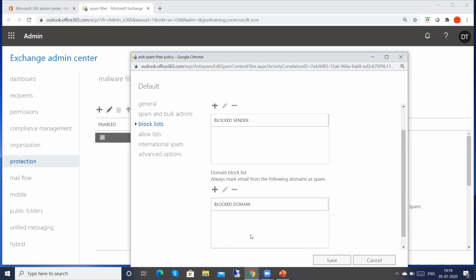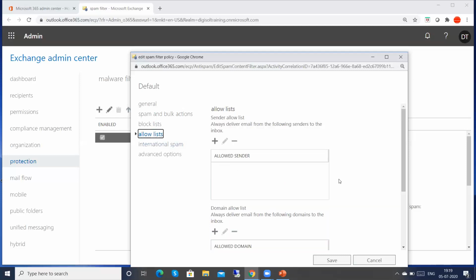But before blocking, please be sure that you are blocking the correct domain, or you have to investigate. Otherwise, from whichever domain you are going to block, you are not going to receive any mails for end users in your organization. That's why please make sure before blocking.